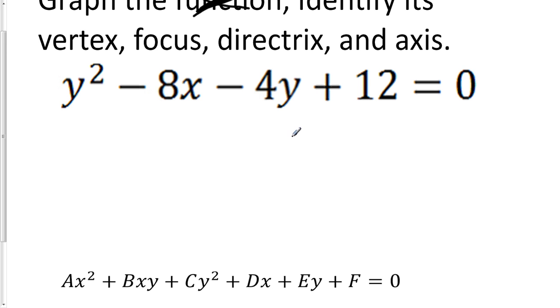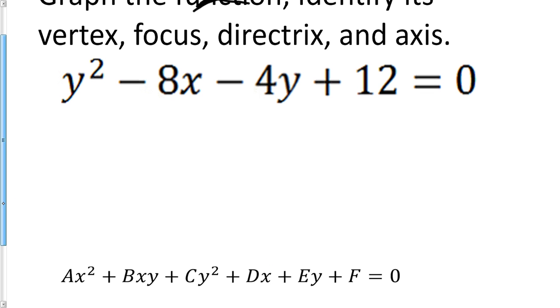That's how I know this is not a quadratic function. But I do have the y squared term. C is equal to 1, and I do have the term y squared. A is equal to 0, that's why there's no x squared. B is also 0, that's why there's no term with a product of xy. So it is a conic,